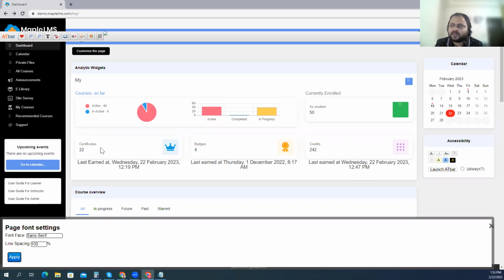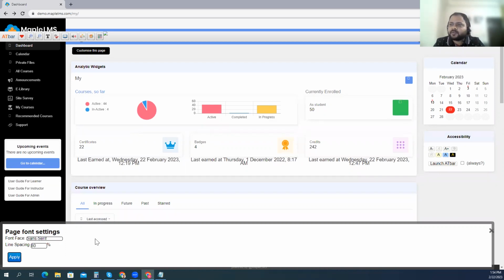And one more item around that is line spacing. That's basically the spacing between the text. So if we change that to, let's say, 70% or maybe 80%, and apply that on the platform, you would notice that the spacing between text and these interfaces is changed accordingly. That way, a user can modify the spacing on the platform.